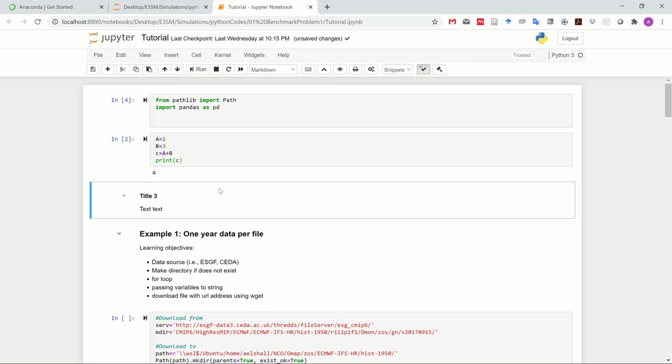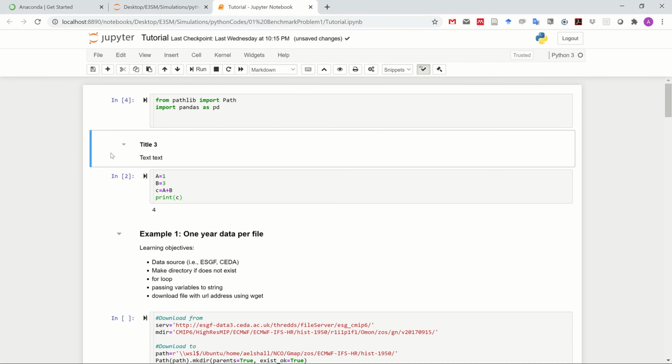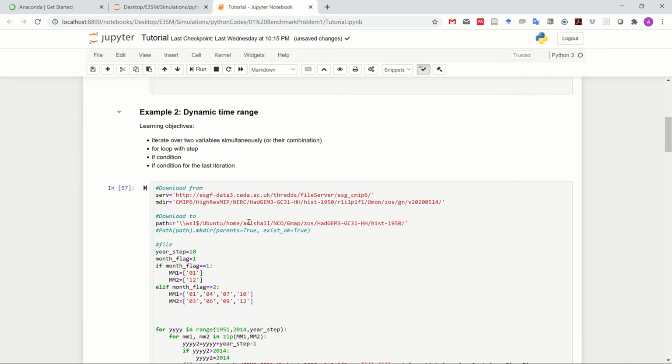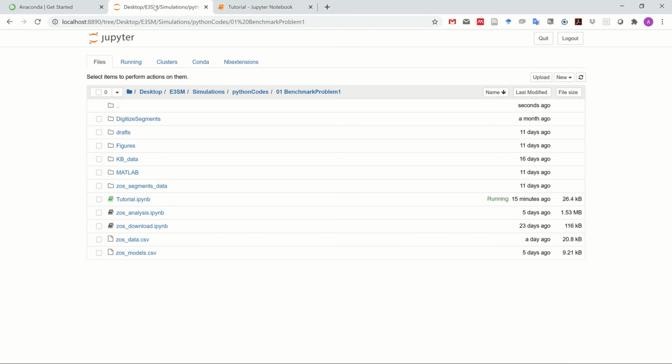Okay, here you have a title and the text, and if you want to move this cell up, you go here, you move it up, you move it down. If you want to delete it, then you press double D, and it deletes this cell. So you'll have an environment that you can use for working with Python. So now you have Python working. This is the Jupyter notebook.